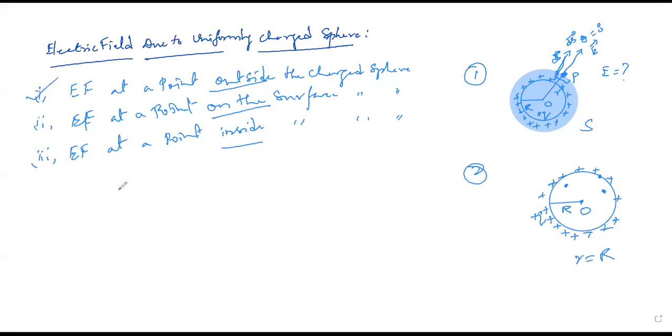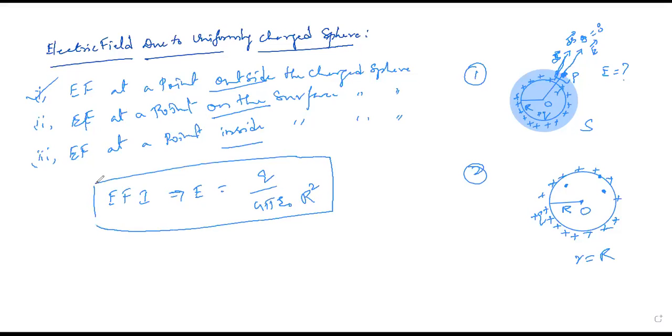So in this case, when the point lies on the surface of the sphere, r should be equal to capital R. And in this case, the electric field intensity when the point lies on the surface should be written as E is equal to Q by 4 pi epsilon naught R squared. Only instead of small r, you will get capital R. So this is directly, no need to work it out because directly you will get the same expression. So how will you get this one? Anyone can guess?